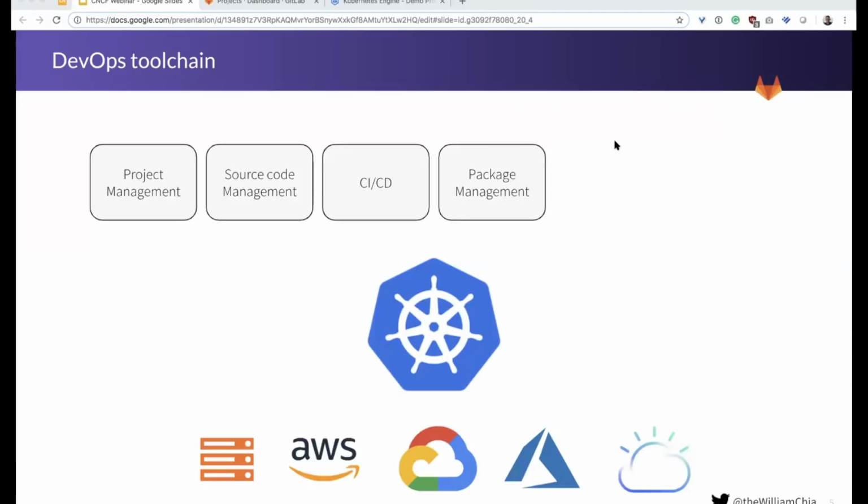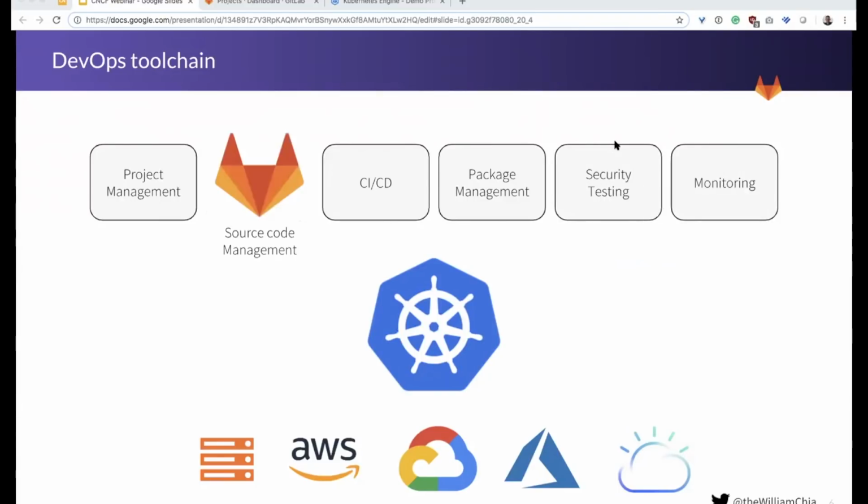So if you're doing continuous delivery or continuous deployment, you are going to need some type of container registry to store all of your containers, and some type of artifact repository so that you can pass your build artifacts between different stages of your CI pipeline. Of course, you are going to want to do some type of application security testing to make sure your app is secured. And then once that is deployed and in production, you want to do some monitoring. This is a great simplification. I think the tool chain could get broad, but I just wanted to show this because